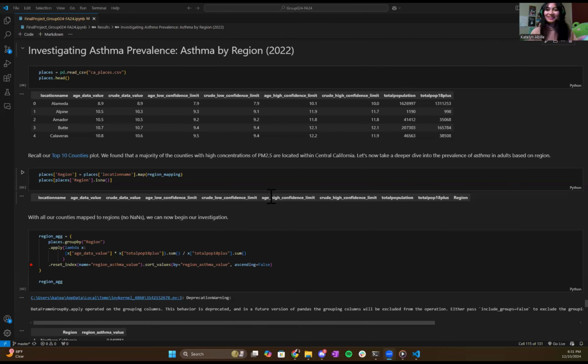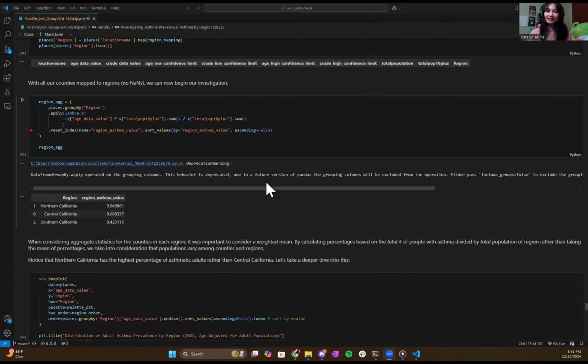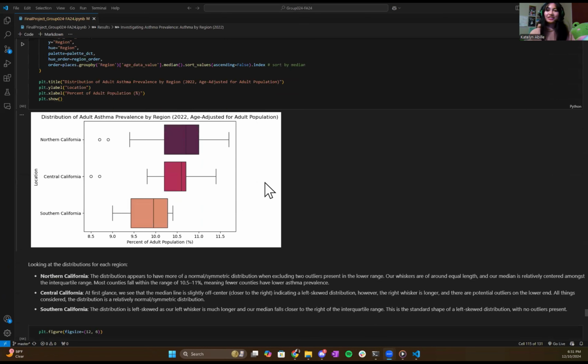Thank you, Kate. Next, we'll explore asthma prevalence in California using the PLACES dataset, focusing on regional and county-level trends like our previous analyses on the pollutant data. This will allow us to explore how asthma rates vary geographically and how these trends might relate to our confounding factors like socioeconomic demographics. Starting off with our box plots, Northern California shows a nearly normal distribution of asthma prevalence